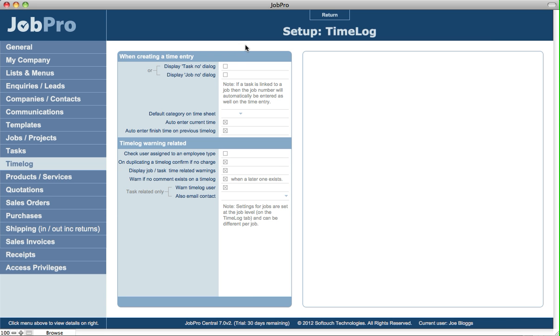On the Timelog tab in Setup, we have the ability to specify that when creating a Timelog entry, we want to prompt the user to specify what task number they're linking to this Timelog, or what job number they're linking to this actual Timelog. So note, if a task is linked to a job, then the job number will automatically be entered as well